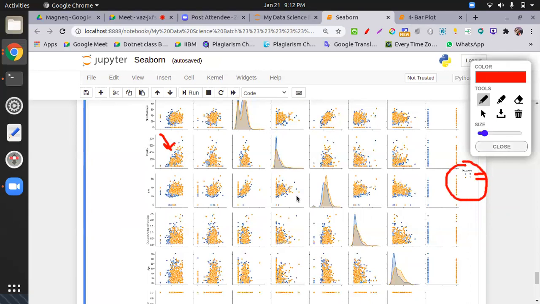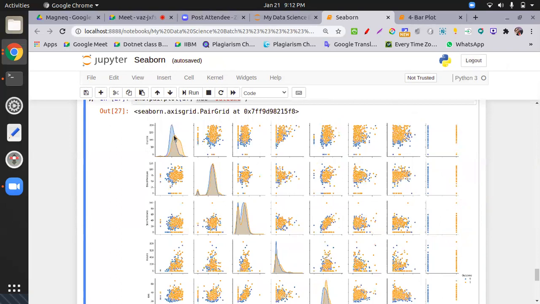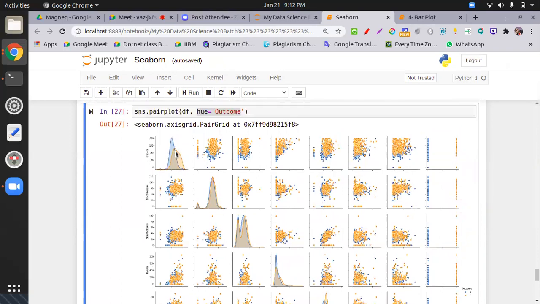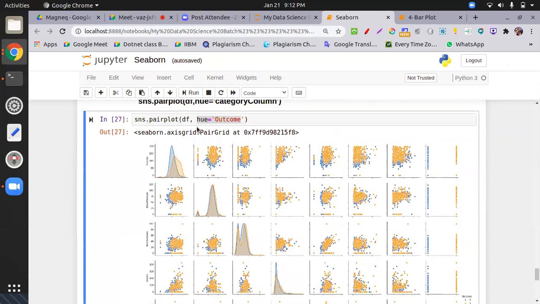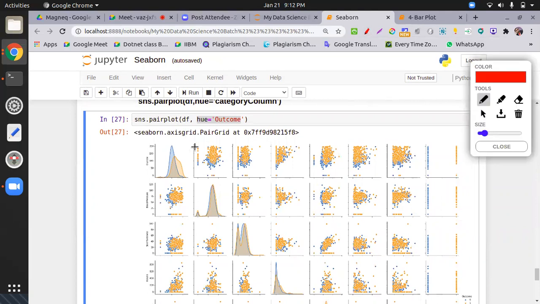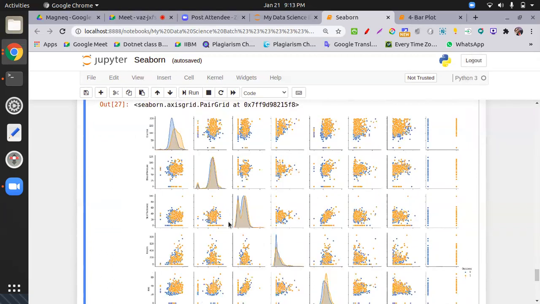When you draw this, you have different kinds of behavior over here, different KDEs, and this KDE we have already drawn using the histogram for the separate behaviors. Which behaviors? The zeroth behavior and the one behavior. The same thing is showing here. If you match it, the same thing will match from there. So the pair plot gives you the overall estimation of data: where your good data is, where your bad data is, and where the highly correlated data is.